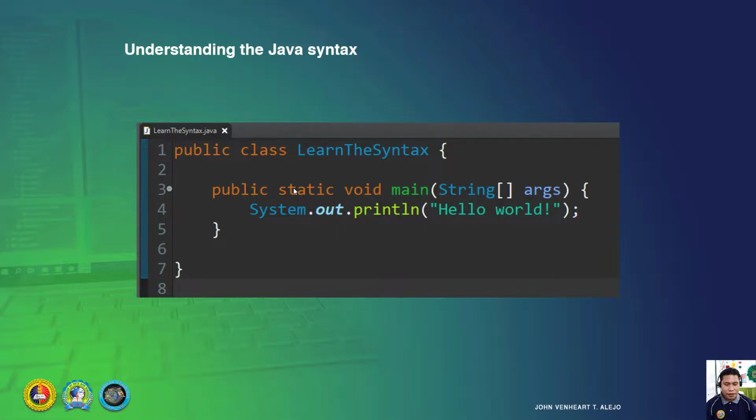Ang special access modifier, nata-access modifier na katong public, private, protected. Natay special access modifier, duha na sa kapilian is either static or final. When static, meaning pwede pa siya ma-change. This one can be changed. All the codes inside of this one can be changed because static.